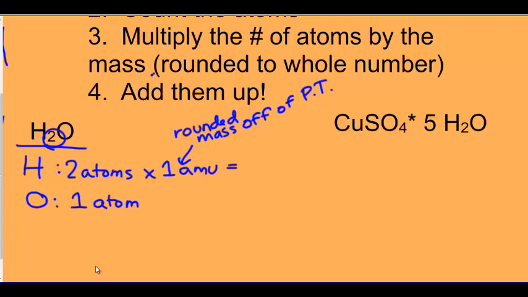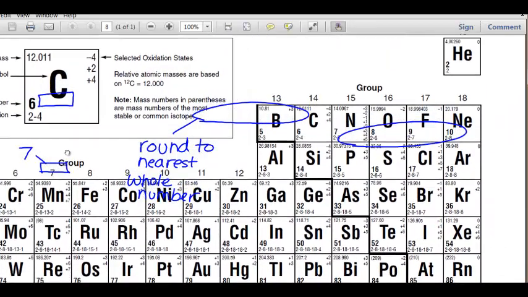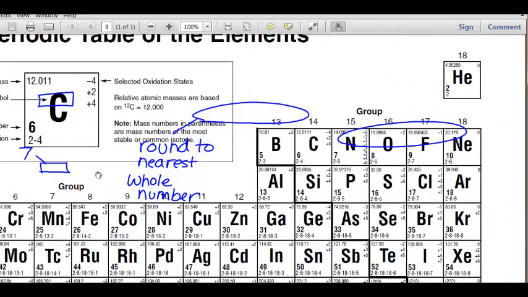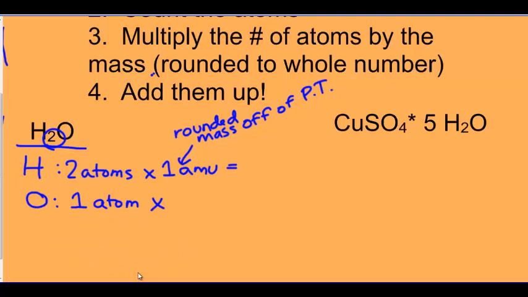Okay? And we go to oxygen, and we look up its mass. And we have one oxygen who has a mass of, look at right there, 15.9994, which rounds to 16. Okay, 16 AMUs. So 2 H's, each with a mass of 1, give us a total of 2. 1 oxygen with a mass of 16, and then we add those together. So the formula mass